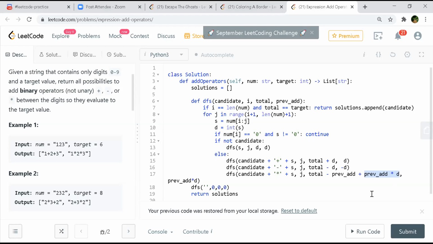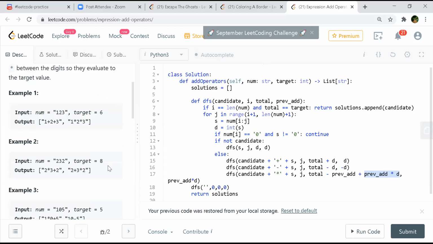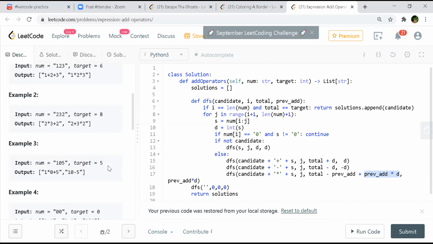Can we take this example of 2 plus 3 into 2? I think this is what matches line 17, where we are multiplying. This is a tricky one. So if you can run through 2, 2, 3, 2, right? For the first, line 13, you will be just dealing with the 2, and then you come to line 14.